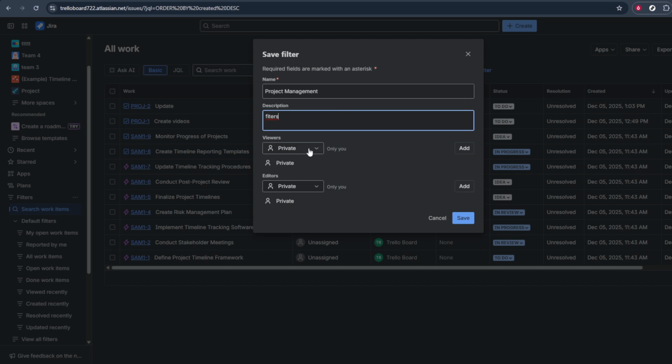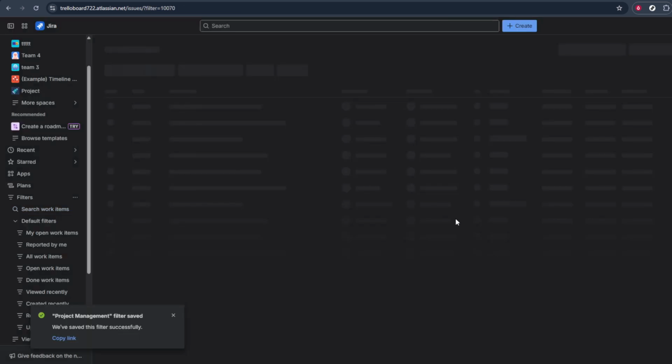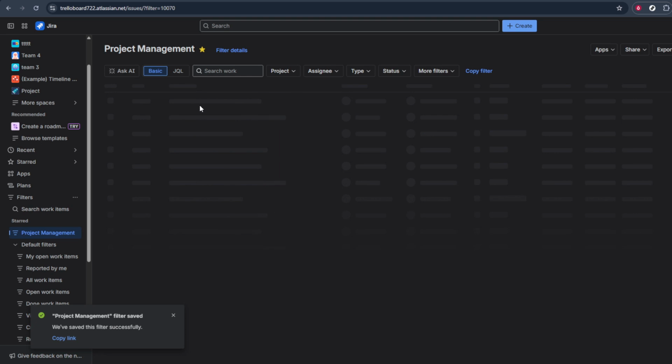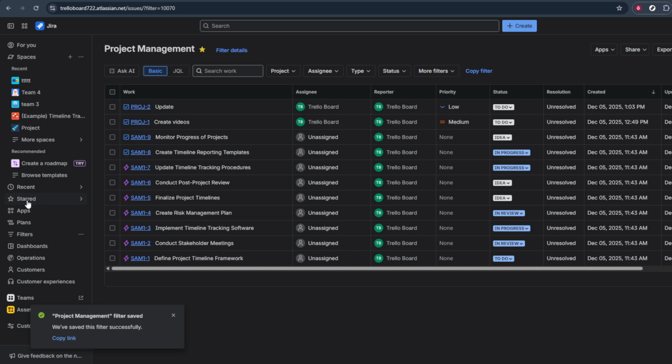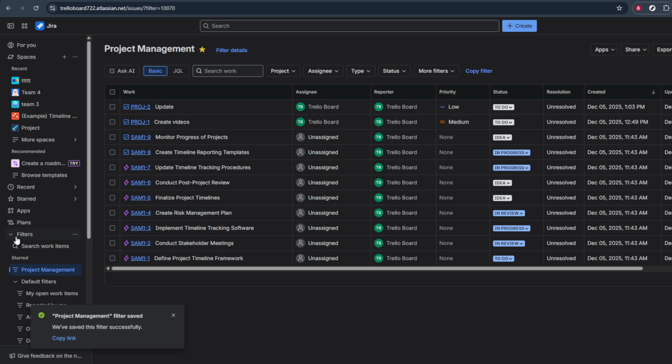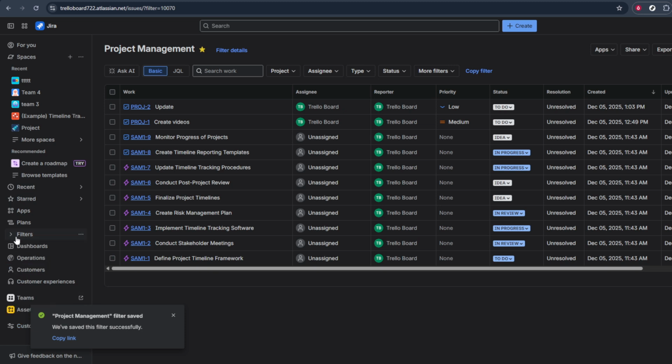As you adjust the filters, Jira will update the results list so you can immediately see which issues match your criteria. When you're happy with the results, save your filter so you can easily access it later and avoid rebuilding it from scratch. Give it a clear, descriptive name so you'll recognize it in the future. And that's it. You've clicked into the filters area, searched your work items,